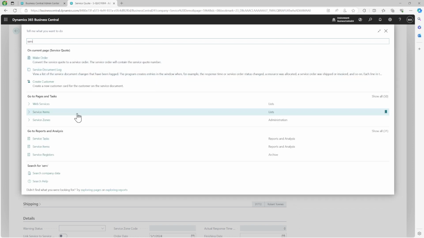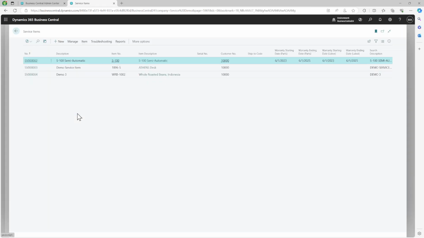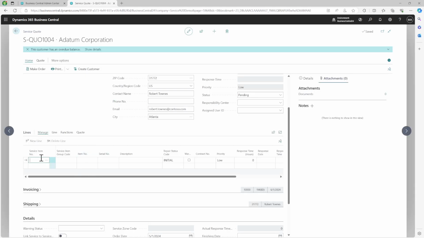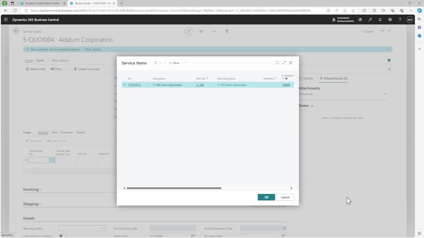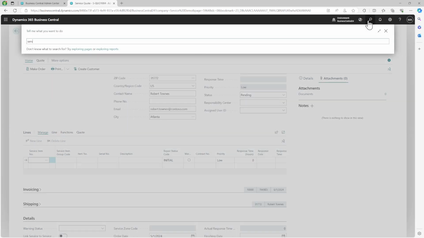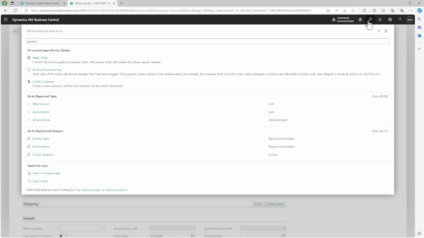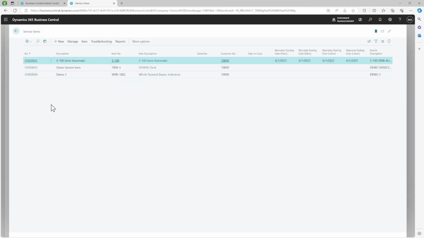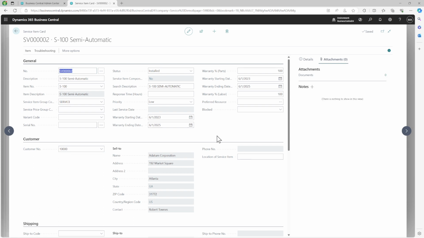Okay, when you open service item, you actually see three items, but when I'm trying to access it from here, I'm only seeing one item. Now bringing that functionality into the service item is also done in this release. So when you are on service item and when you're creating new service item, you are able to define what